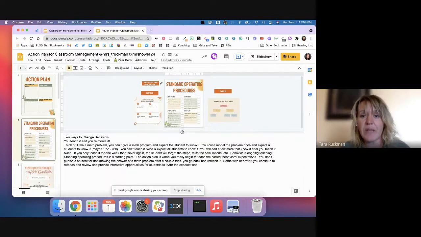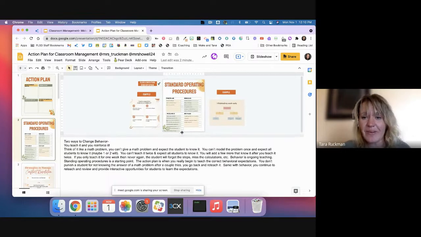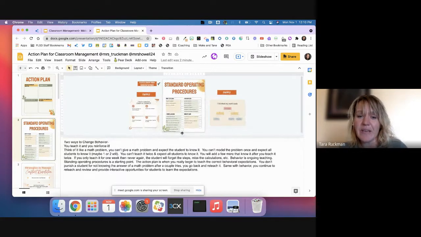But as you begin that ongoing teaching of that math problem, more and more students are going to catch on and follow. And when you start to have the majority of the students following, the other ones will start to follow in place as well. And then when we're going back and it's getting closer to testing time or iReady assessment, or maybe we go back and review some of those things, remembering that consistent language, we teach it